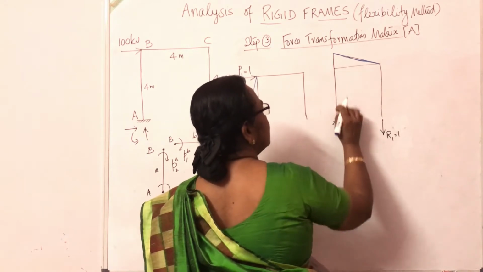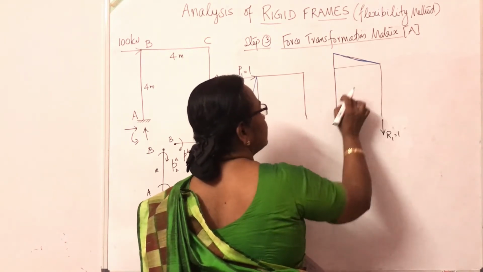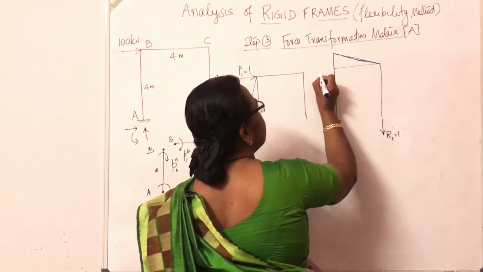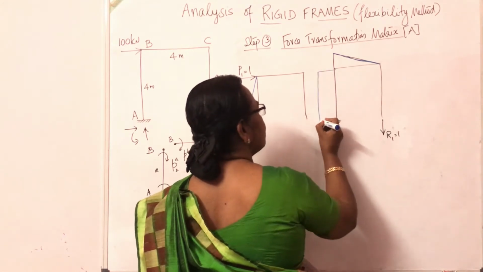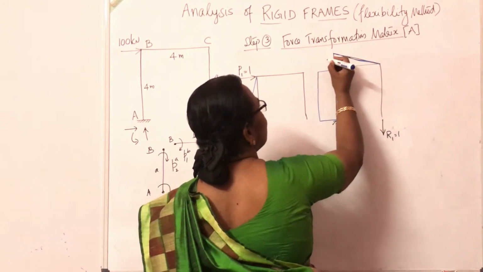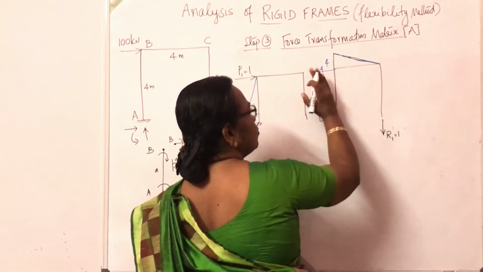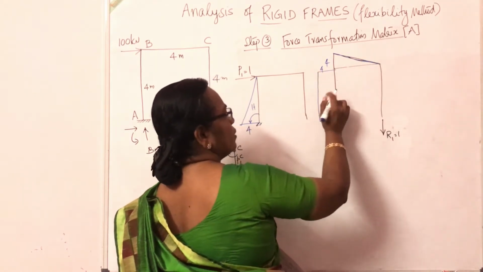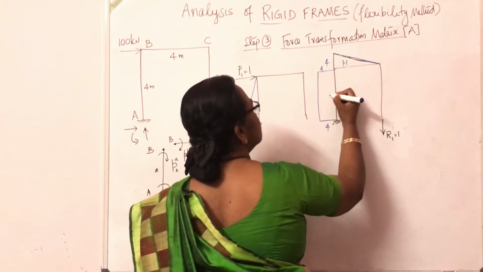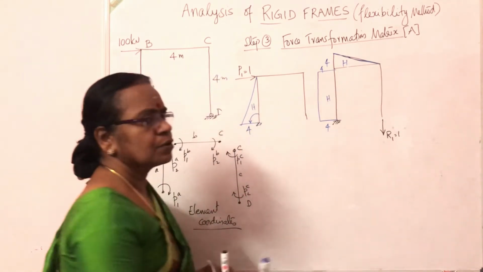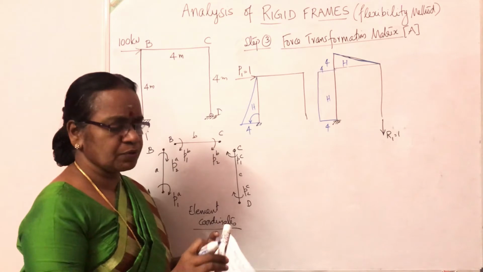Similarly, if you consider any point anywhere in this beam, the bending moment will be the same. It's a hogging moment. If this is 1 into 4, that is 4. So everywhere for this column also, right of section, the moment will remain 4. If this is hogging, this will also be hogging. That is the bending moment diagram with R1 equal to 1.